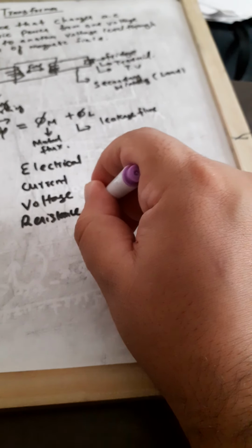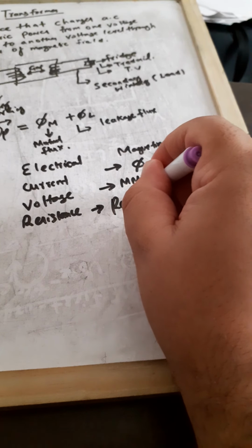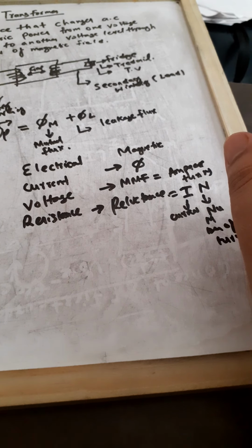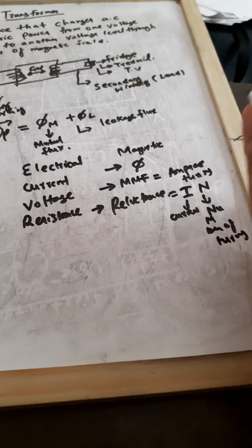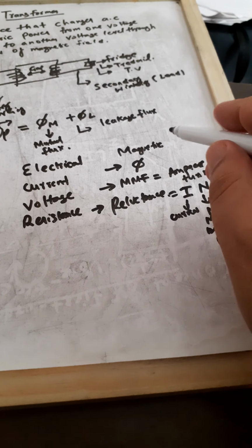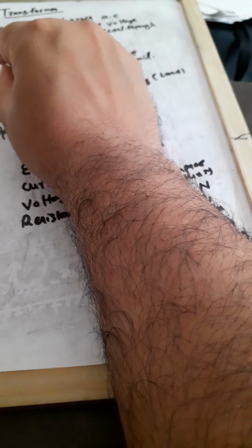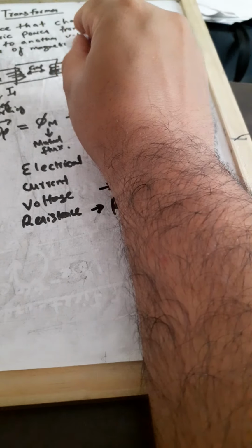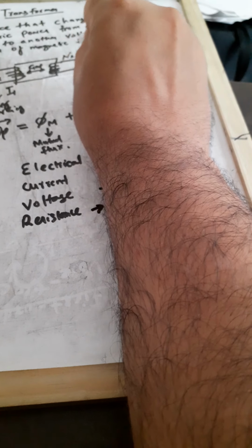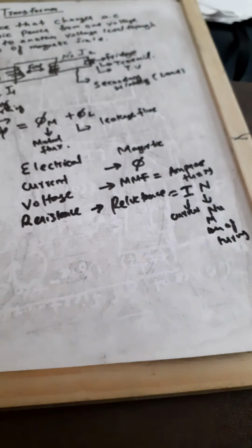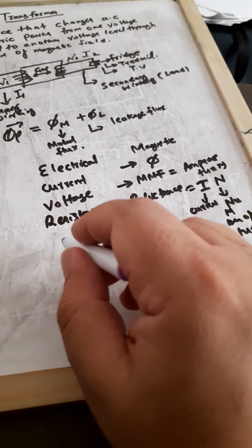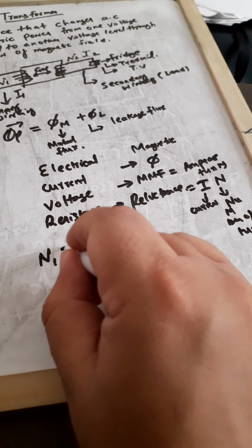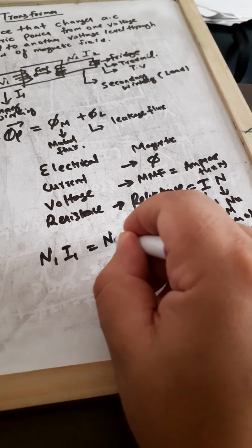So here it is reluctance. This is a very important thing, terminologies which we have to understand. What basically happens is that as I pass my mutual flux, my mmf is entering. There are some number of turns, let this be n1, and the current through it is I1. Similarly, here it is n2 and this is I2. So basically a transformer is a constant flux machine, so your n1 I1 would be equal to your n2 I2.